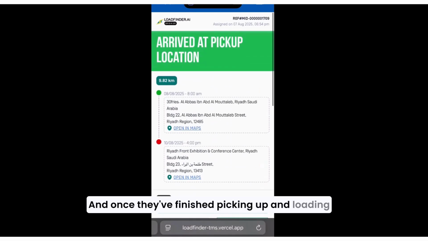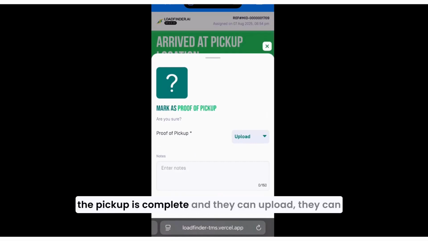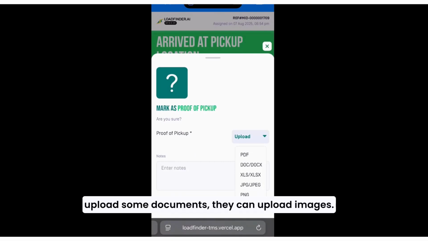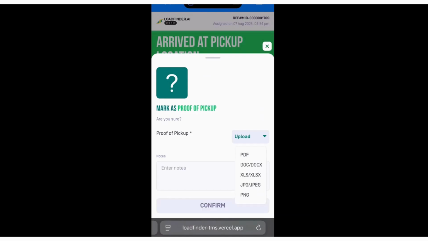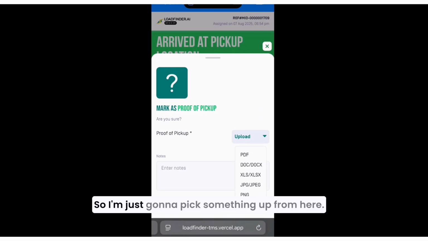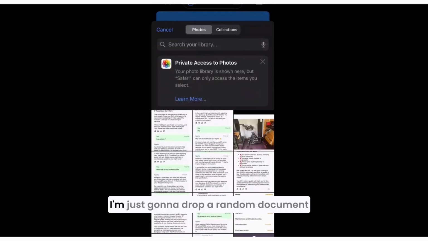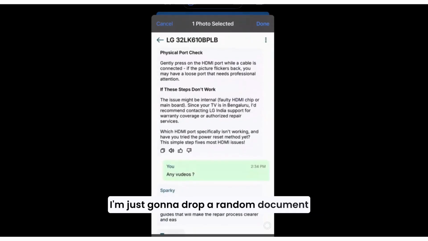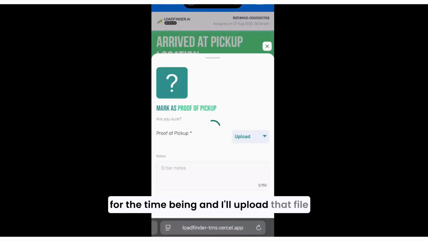And once they've finished picking up and loading the vehicle, they will click on the pickup is complete, and they can upload some documents, they can upload images. So this is basically proof of pickup, right? So they can upload some document quickly. I'll pick my photo library. I'm just gonna drop a random document for the time being, right? And I'll upload that file,